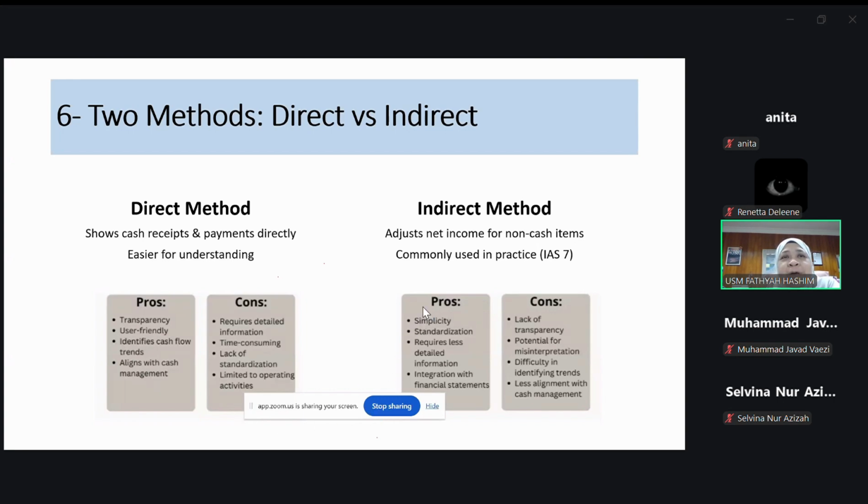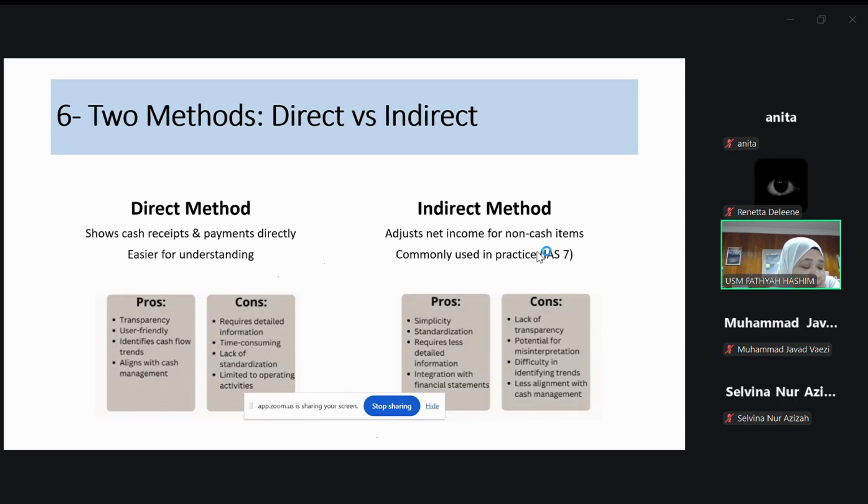This is through facts that we have found from prior studies and prior reports that the indirect method is more popular. It is commonly used, aligned with International Accounting Standard 7,